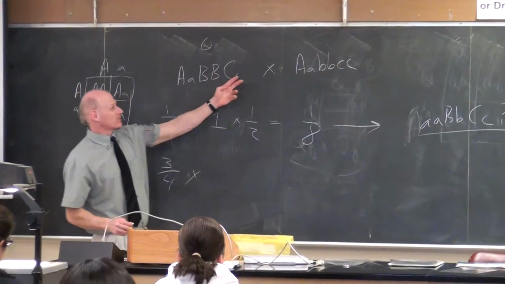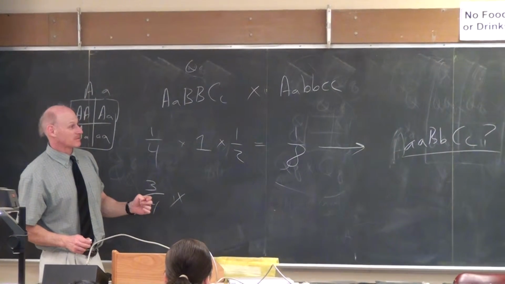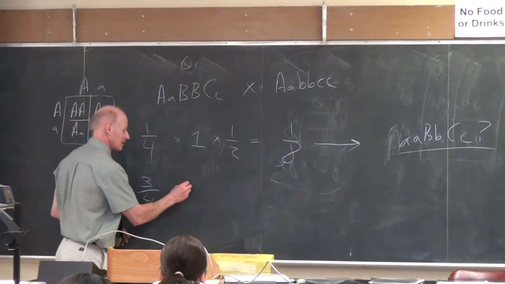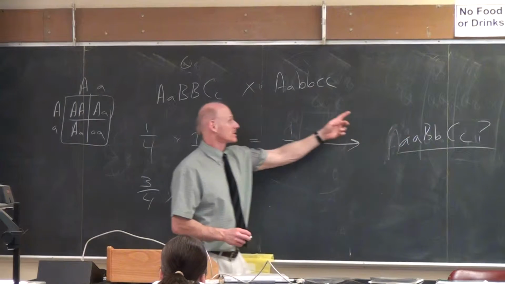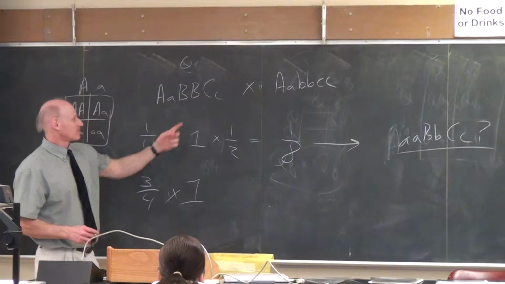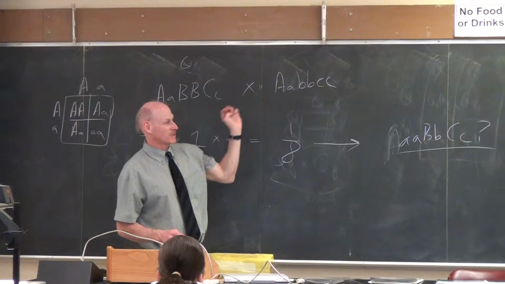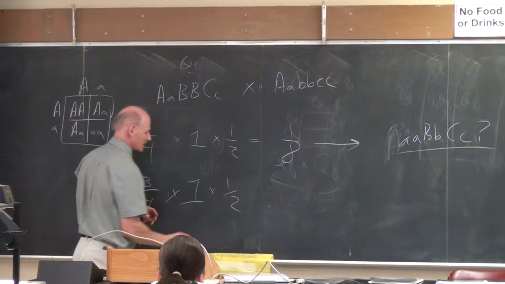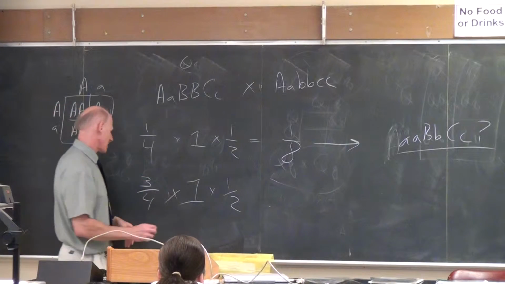For the big B crossed with little b, what's the chance that you'll get an offspring showing the dominant phenotype for B? 1. Because all the offspring are going to be big B, little b from that cross, which shows the dominant phenotype. What's the chance that for the big C crossed with little c, you've got an offspring that shows the dominant phenotype? 1/2. And so when you multiply all those 3 together, 3/4 times 1 times 1/2 equals 3 out